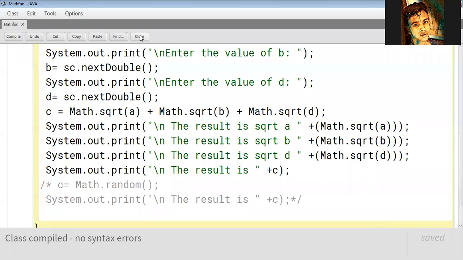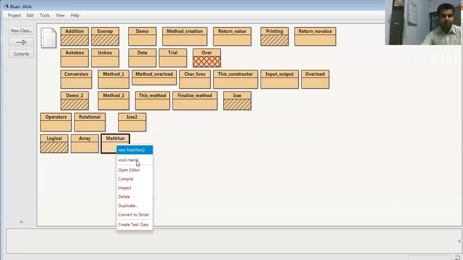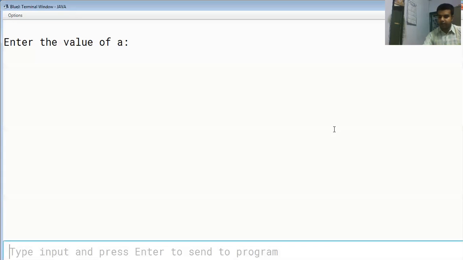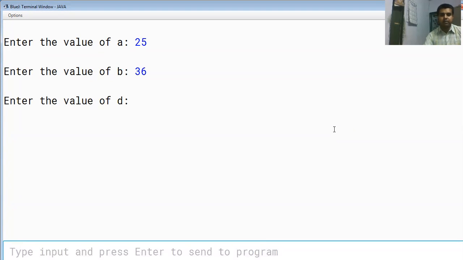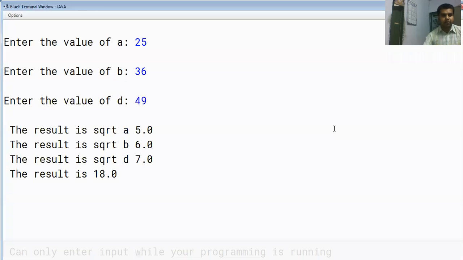Now I'll close this part and run my program. Enter the value of A. Let's make it simple to understand. We'll take 25, square root is 5. Then we take 36, and then 49. So the square root of 25 is 5.0, the square root of 36 is 6.0, the square root of 49 is 7.0.